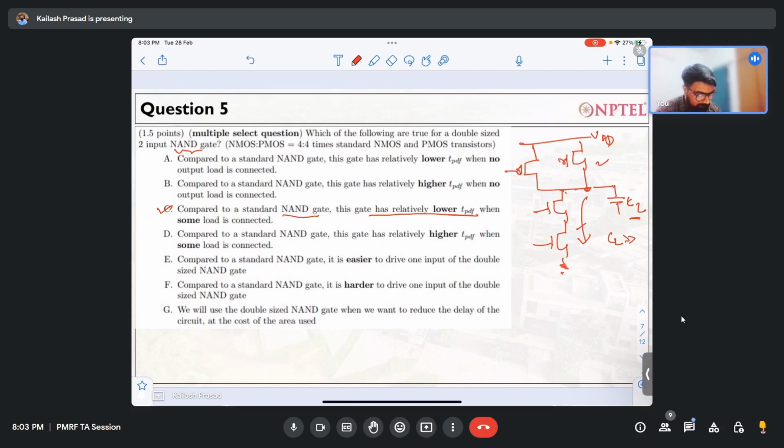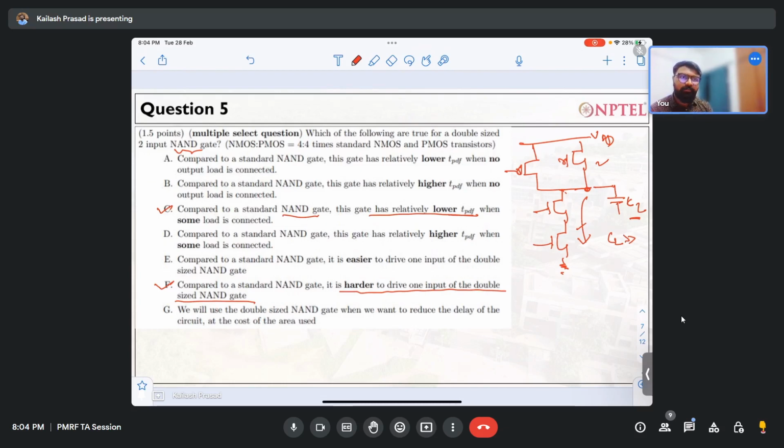And the second thing is that compared to the standard NAND gate, it is harder to drive one input of the double size NAND gate. So if you have a normal NAND gate, and if you have a NAND gate which has double the size,